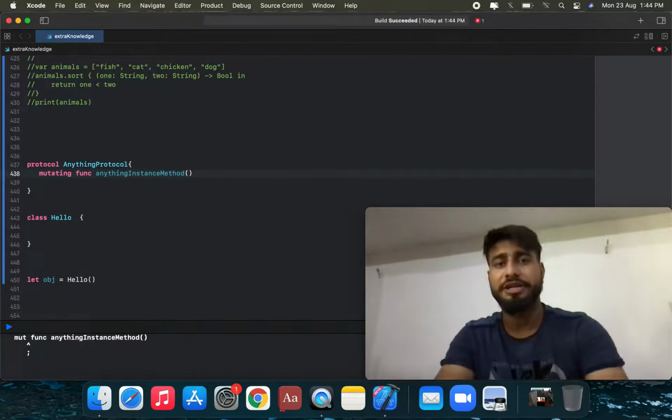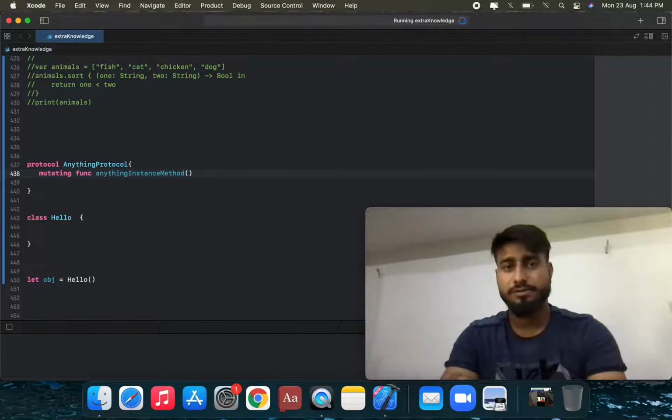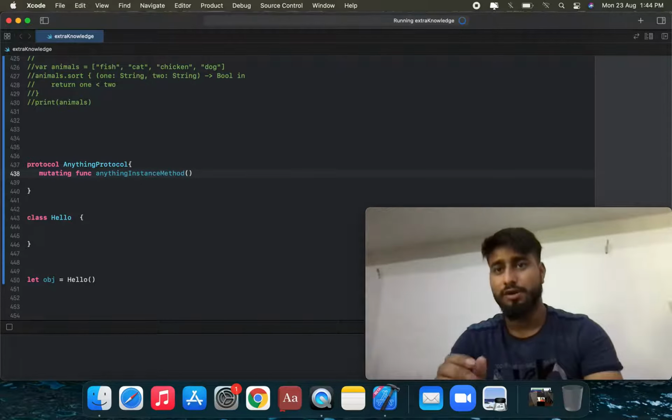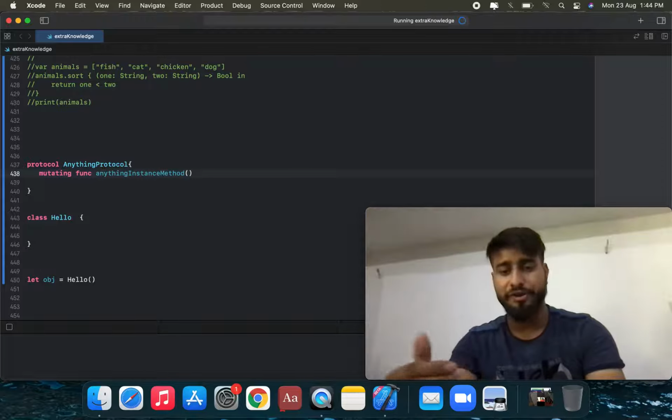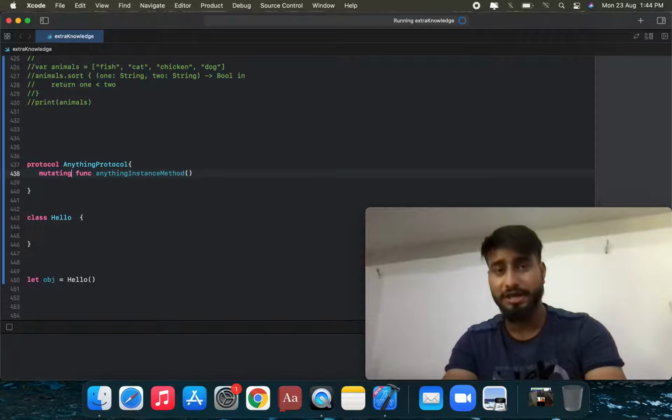So what is a mutating function? It is a mutating function, a method used to modify or mutate a value. That is used with enum, structure and class. So this process describes how to mutate or modify a value type within the instance method of a value type.